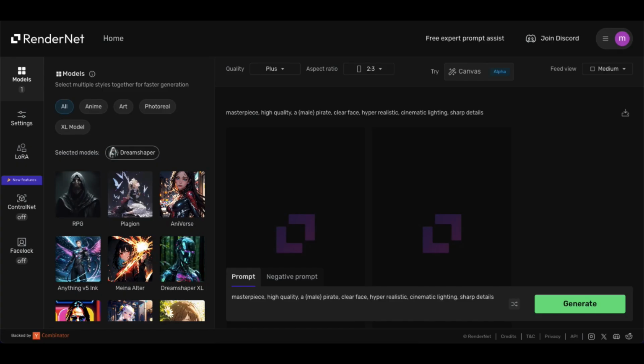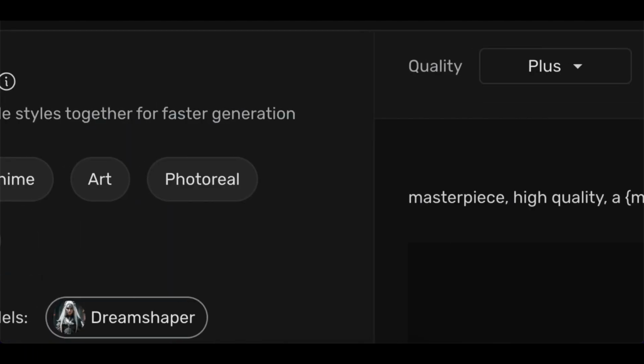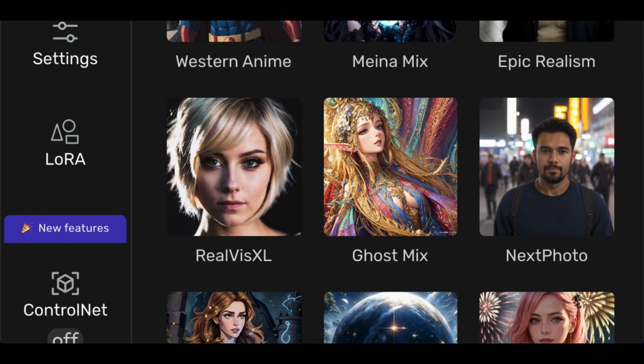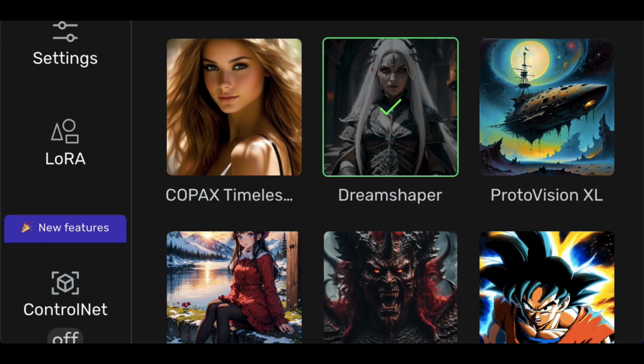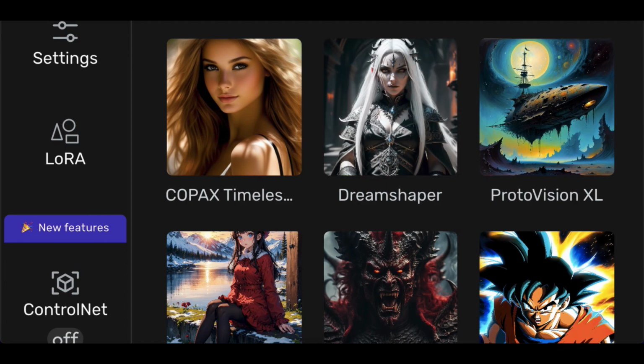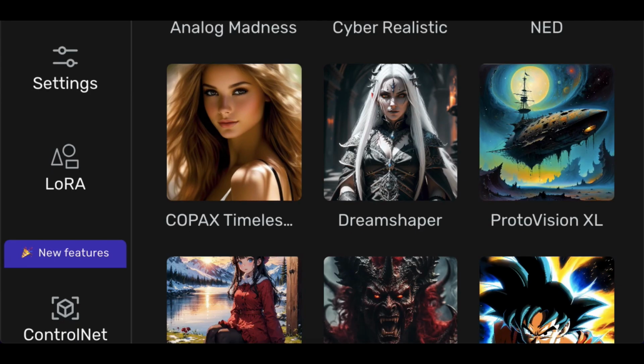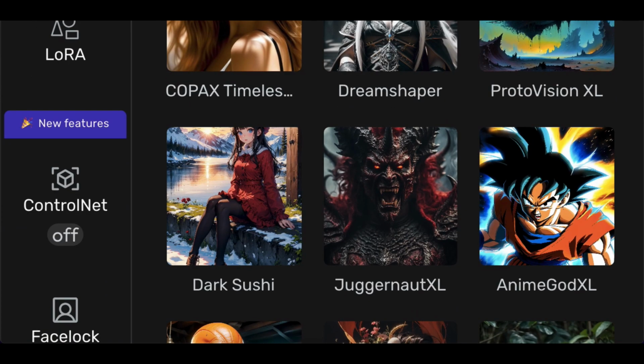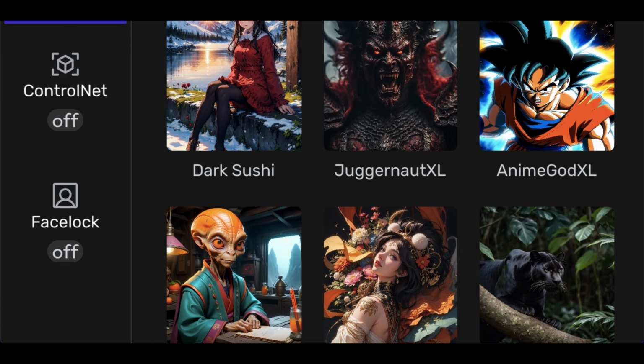It is very straightforward. There are some models on the left, and just choose the next photo and untick that, and then no need to change the settings, not yet. Go over to Face Lock,